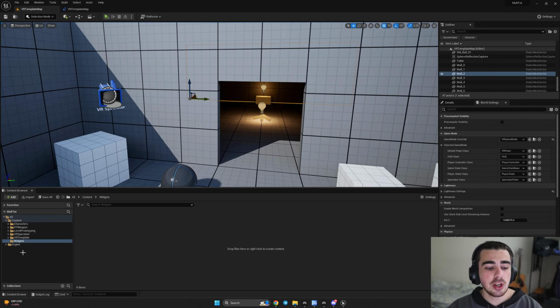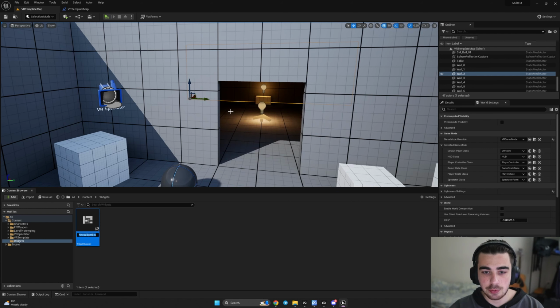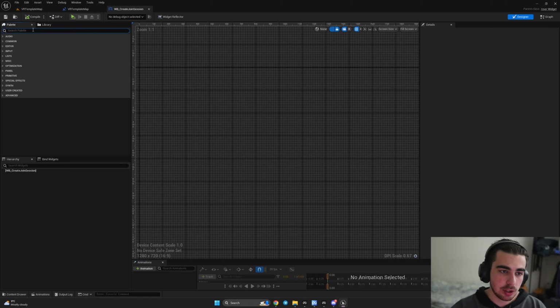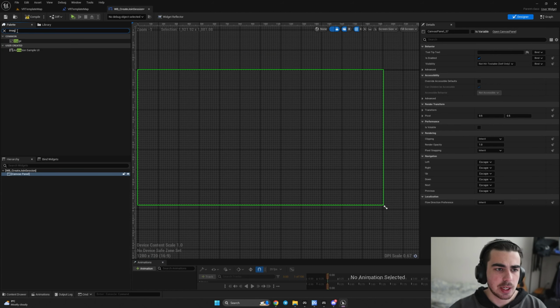So what I did, I created a widgets folder in our content folder. So right click, user interface, widget blueprint, and here we select user widget. Now let's call it WB create join session. So let's open it, and the first thing we have to drag here is our canvas. So I'll go ahead and drag it here, and afterwards I want to have some kind of background, so I'll